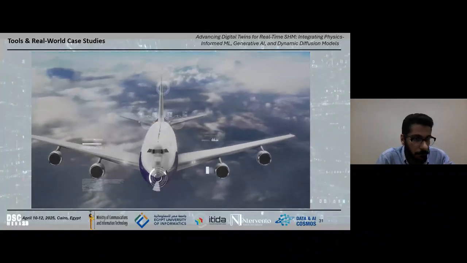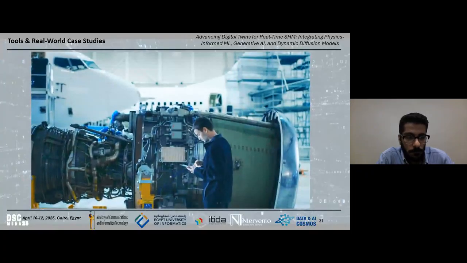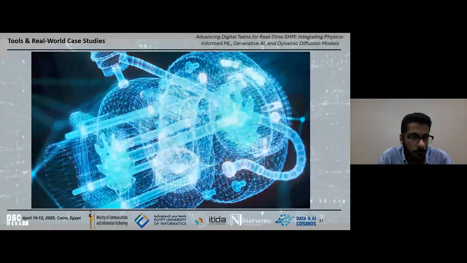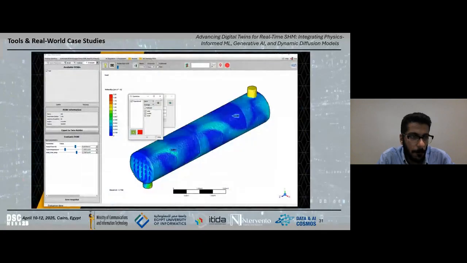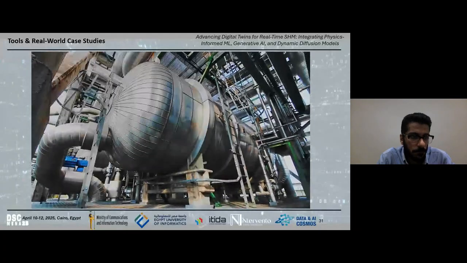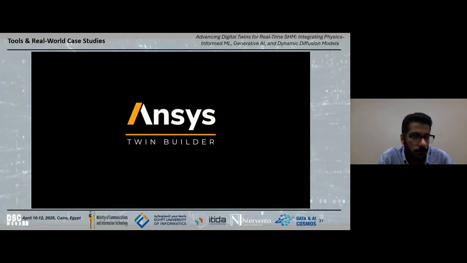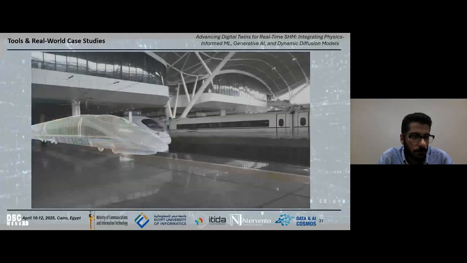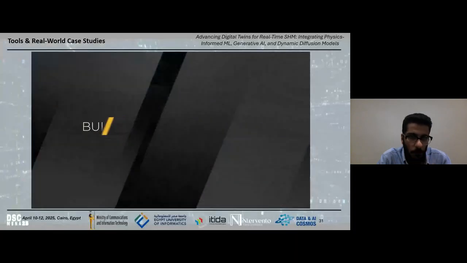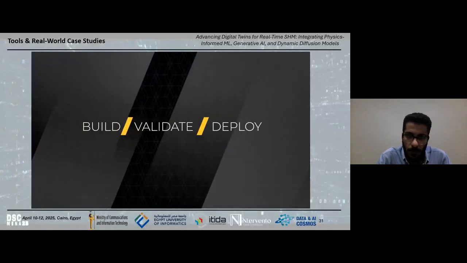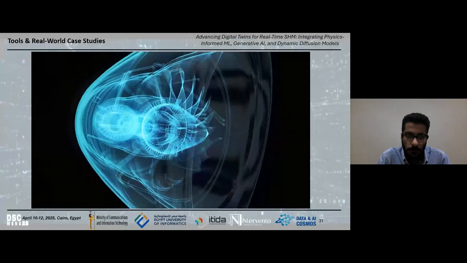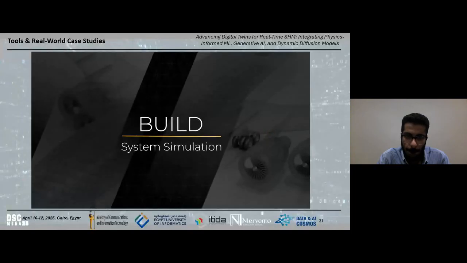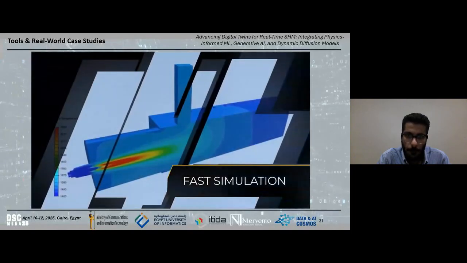A virtual representation of a connected physical asset, made possible by combining advanced simulation and analytics. Right now, digital twins can predict the future, providing preventive maintenance, optimizing performance, and avoiding product failures. ANSYS Twin Builder makes all this a reality by connecting the power of simulation with real-world operations. Twin Builder offers a complete approach to build, validate, and deploy simulation-based digital twins in the cloud or on edge.